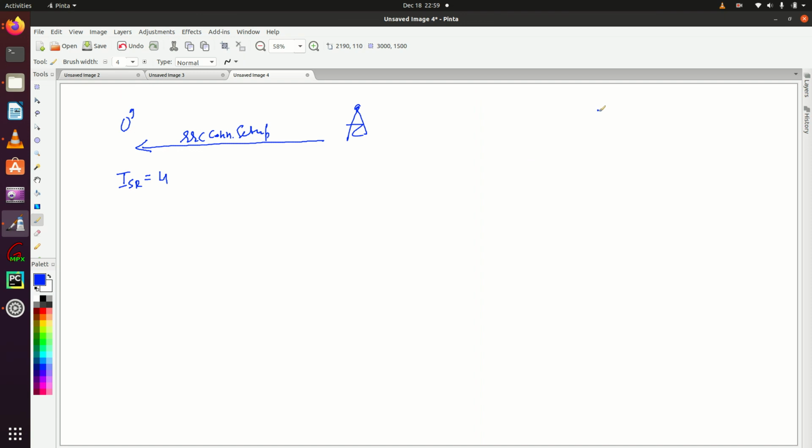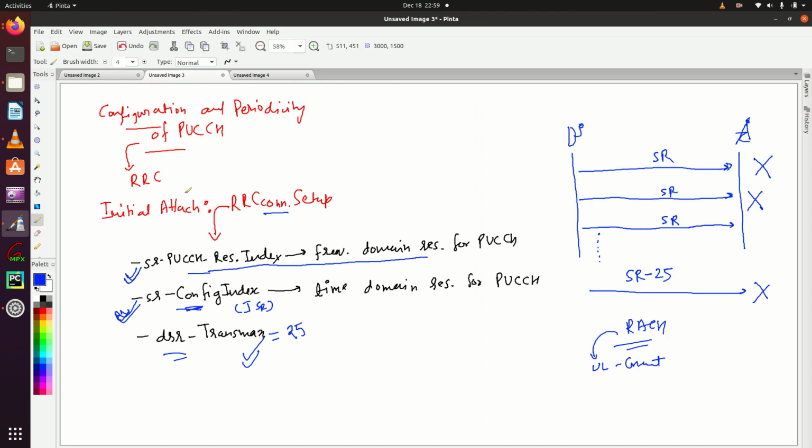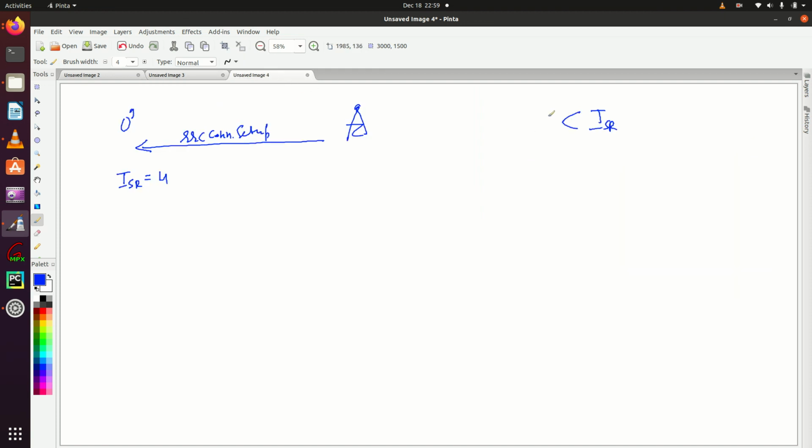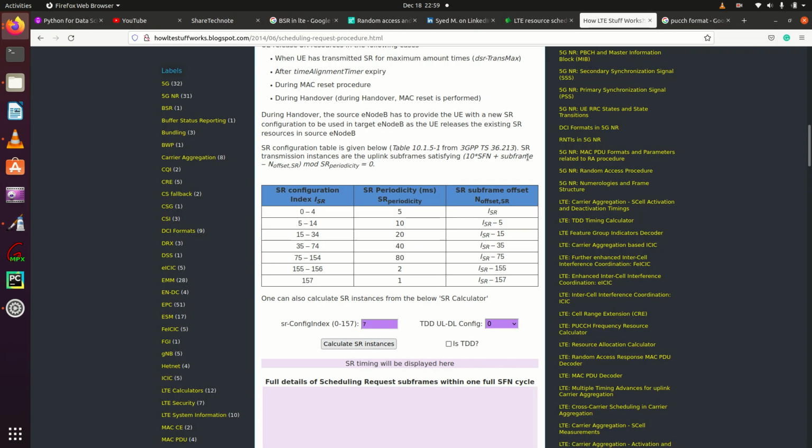Always remember the value of ISR, that is this config index, varies from 0 to 157. This is defined in 3GPP. This is the range of ISR. So in our case, let's say ISR is set to 4.